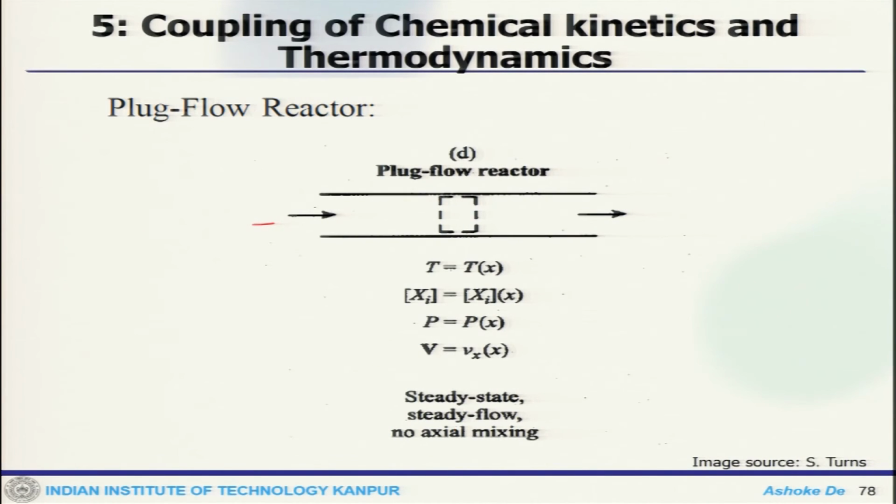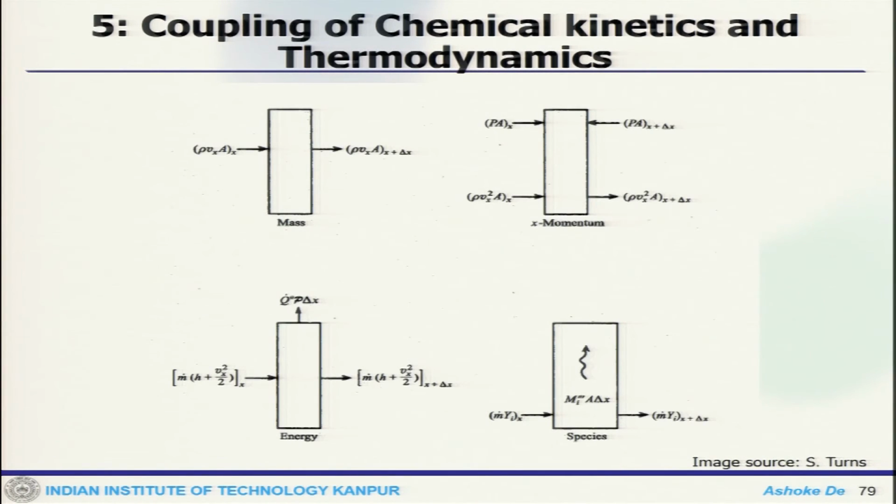So, that is the schematic of the system. Now, we basically write down the mass conservation. That is the control volume. Whatever comes in goes out, basically this is x and this is x plus delta x. So, that strip is a small infinitesimal element of delta x width. That is the mass conservation, then there will be momentum conservation, and then energy conservation, this much energy coming in, this going out, and if heat transfer takes place, and finally, species conservation, comes in, goes out, and some generation or destruction.